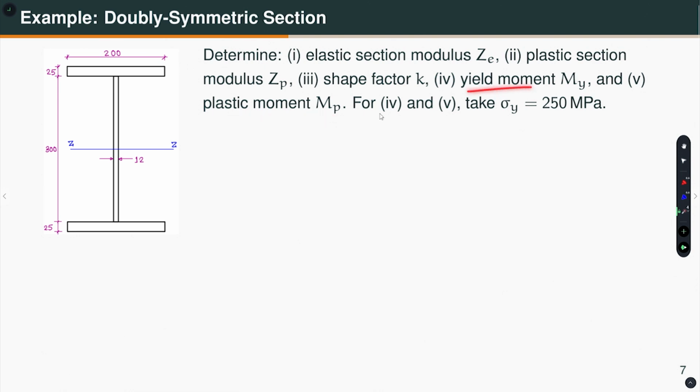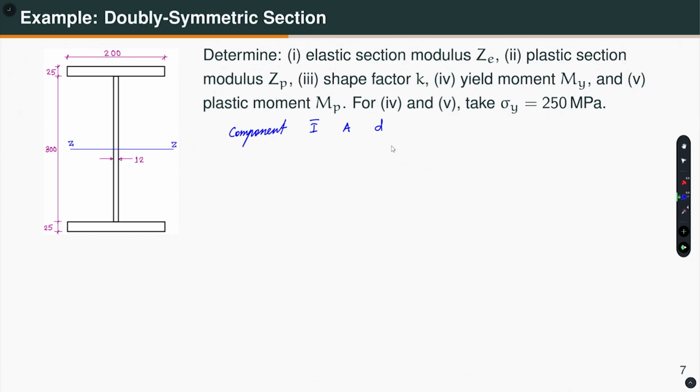For this yield moment and plastic moment, I am saying that take sigma y is equal to 250 MPa. Okay. So, how do we do this? Well, we can do this computation in a tabular manner. Okay. So, what I will do, I will write, let us say this is component, and then I will write this is the moment of inertia of each component about its centroidal axis, right, and the area of that component, and then d the distance from the centroid to the actual centroid of the whole